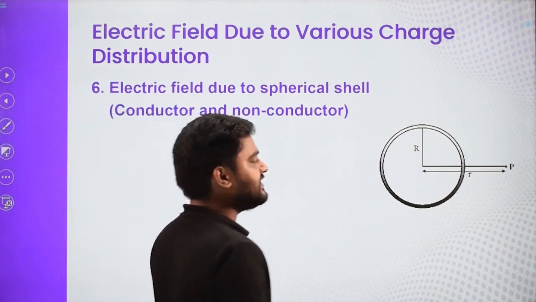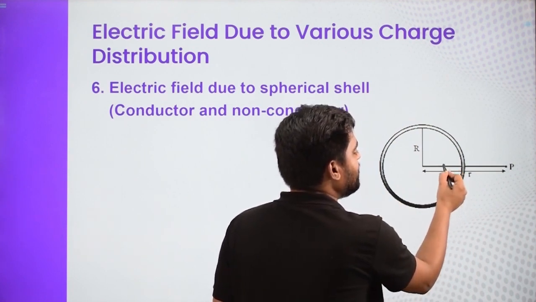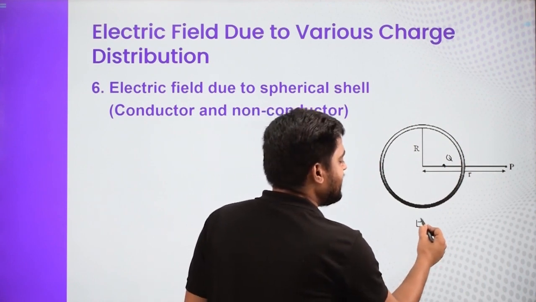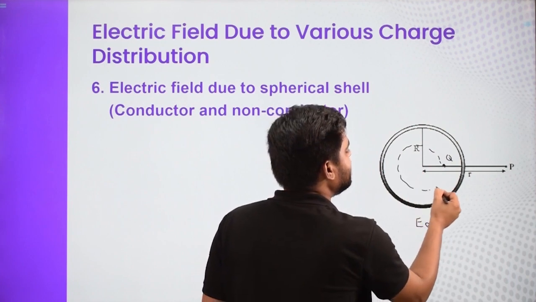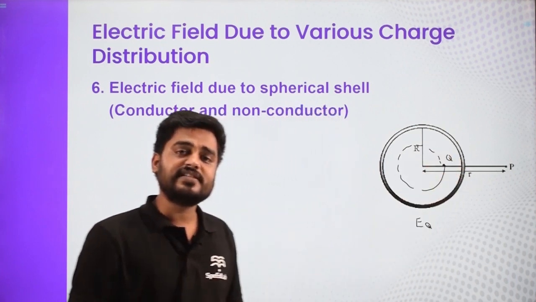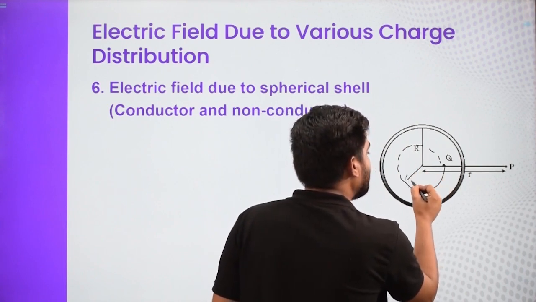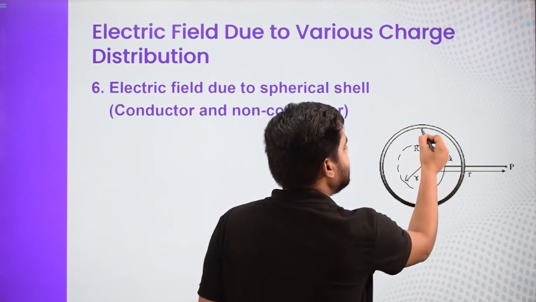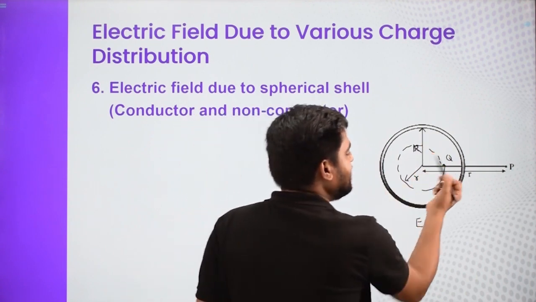First, for a point which is inside. So let us say I have to find the electric field at a distance r at this point, and I am calling it Q. So I need to find the electric field at Q. So what I am going to do is take a Gaussian surface. This Gaussian surface is also a spherical surface which has a radius same as our distance r. And then this is the radius capital R. So this is the r, and we need to find the electric field over here.